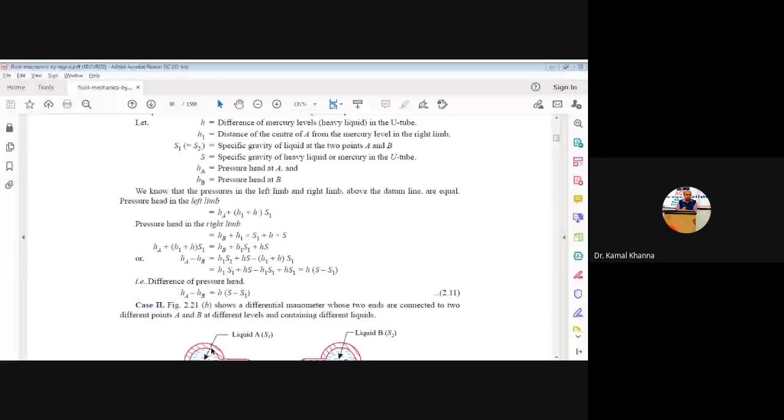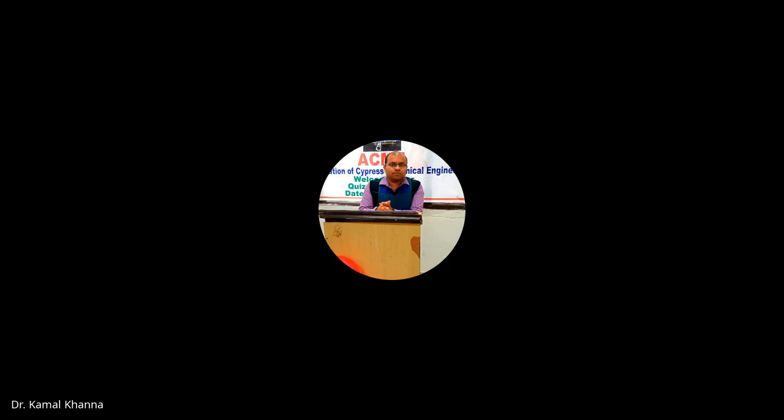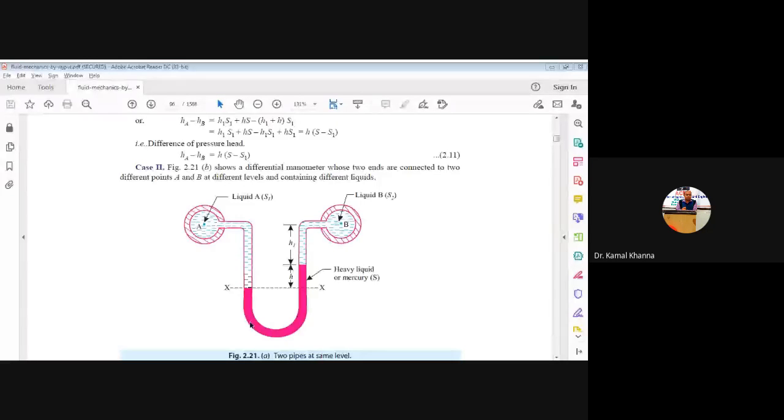That is, we are having one liquid at point A and a second liquid at point B in the beaker, and you can see both the points are lying at the same level, the same height from the datum head or the reference point, that is, points A and B are at the same level. So as soon as we have installed the U-tube differential manometer to the 2 points, you can see the manometer is being filled with a heavier liquid.